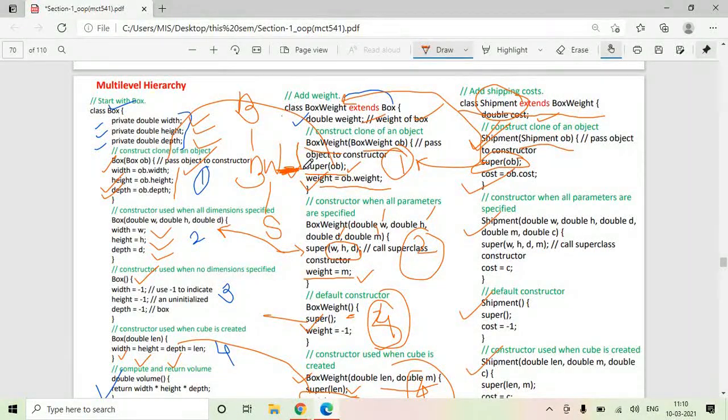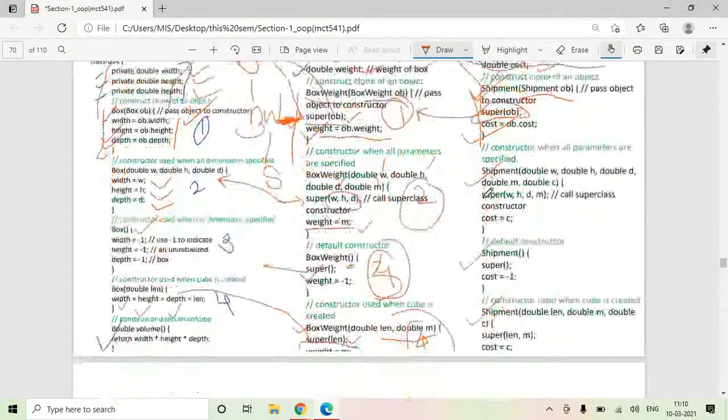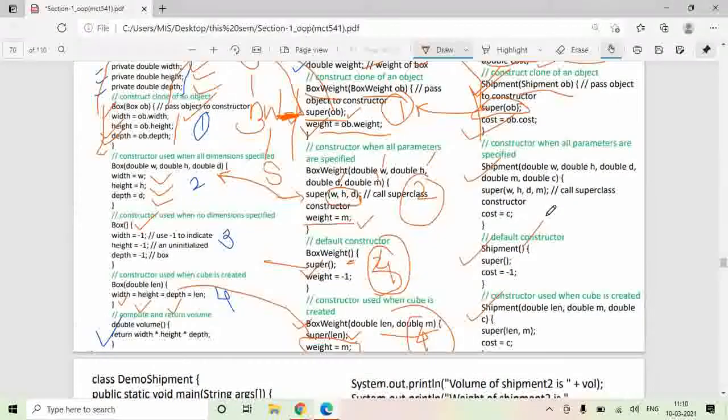It is also an inherited class. From which class? Box class. So it will first give a call to the box class constructor. So first this box constructor will get executed completely, then this will get executed completely, and then this will get executed completely.